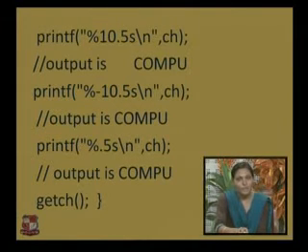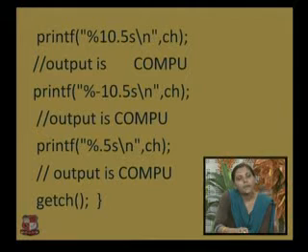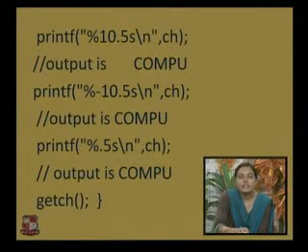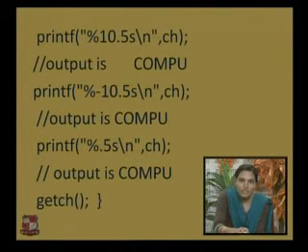Okay, but if I give -10, here in the same way only the first 5 characters of the string will be printed, but minus 10 is the width, which means the string is left justified. It means the remaining 5 spaces will be blank after the word comp, and then 5 blank spaces will come here.